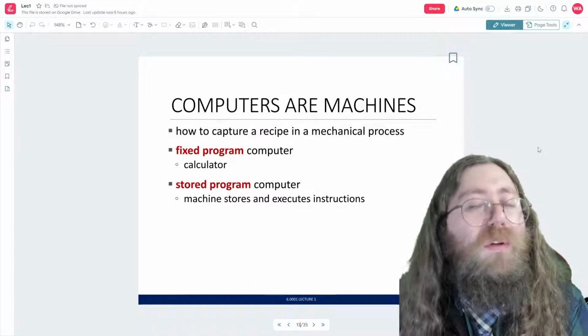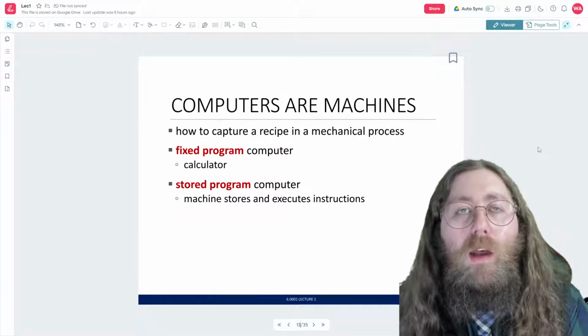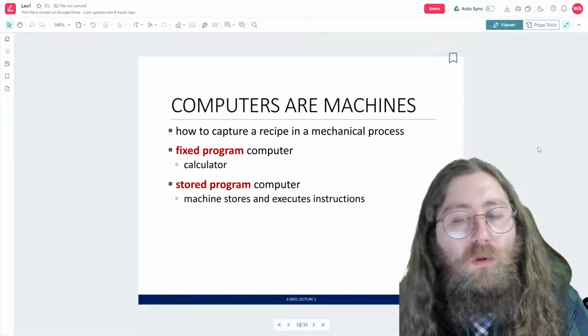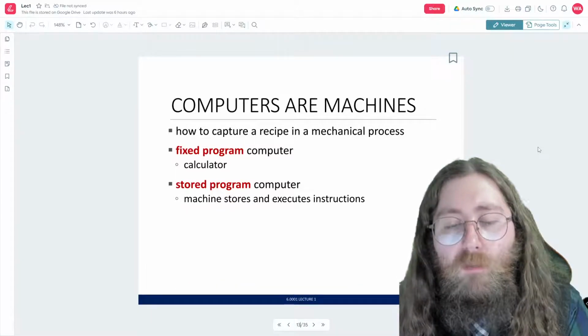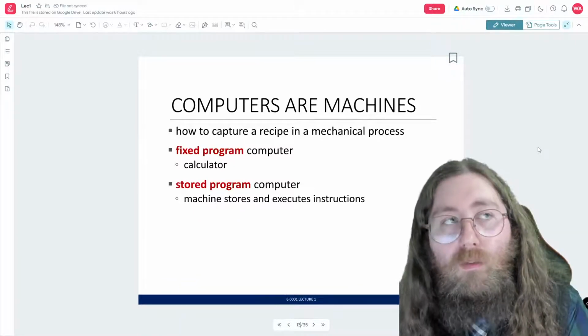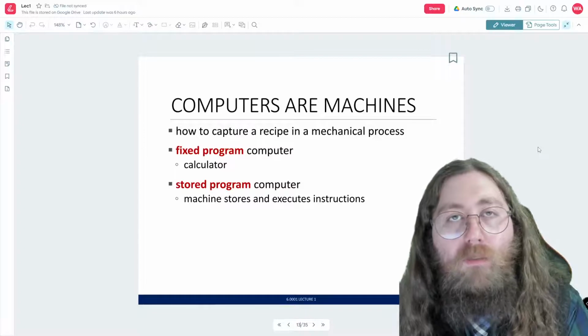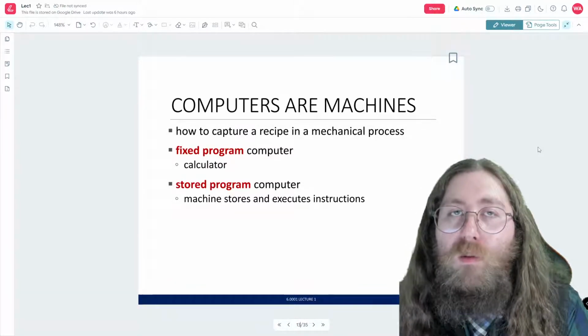So there are really two different types of computers. There are fixed program computers, and then there are stored program computers. Now when we talk about fixed program computers, we're talking about things like your handheld calculators. A lot of you, if you're younger, might not have a ton of experience with those handheld calculators, but I bet you've used them in school.